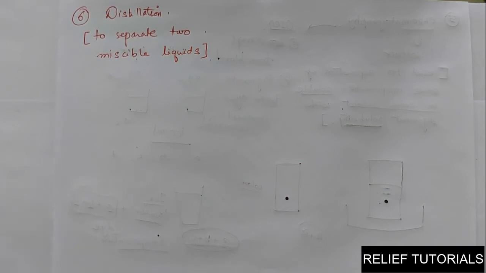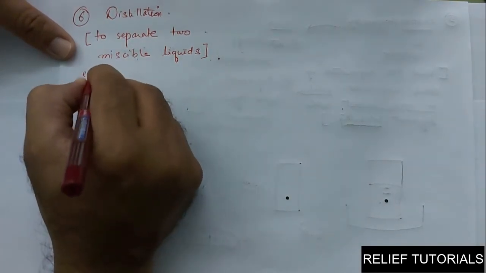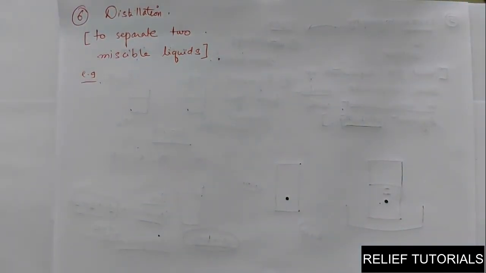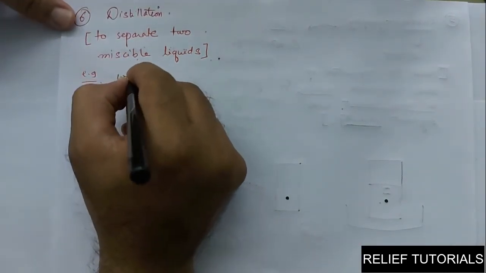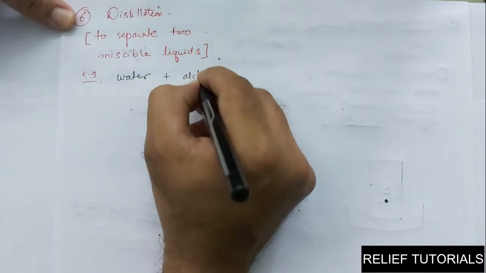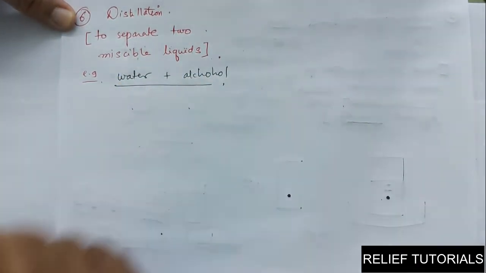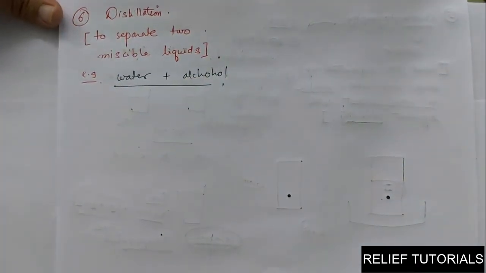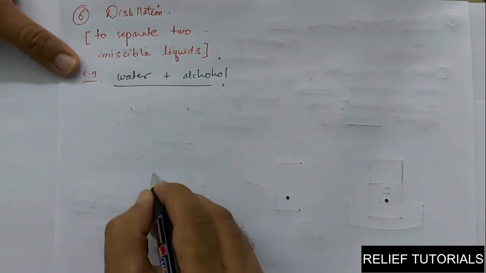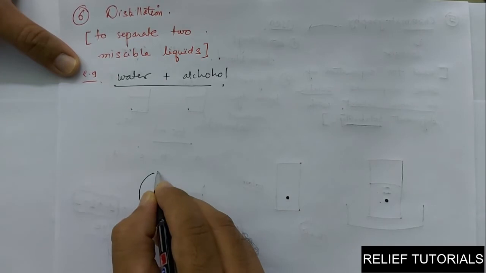We have taken the example of immiscible liquids, water and kerosene. They do not get mixed with each other, so they were immiscible. But if you have a mixture of 2 or more miscible liquids, then you can use this distillation process. Let us take the example that I have a mixture of water and alcohol. So this is a mixture of two miscible liquids. So first of all, we take this mixture in the flask.